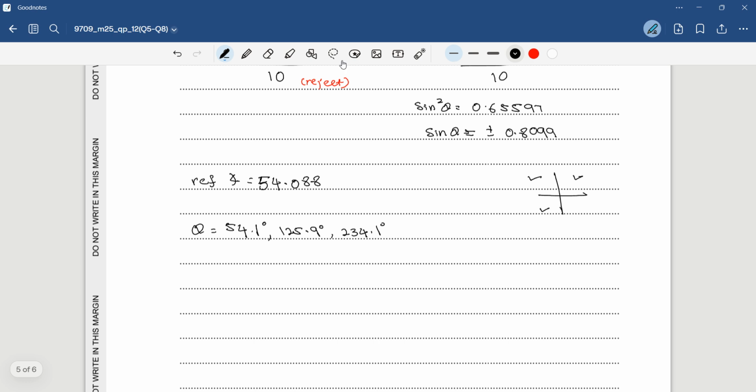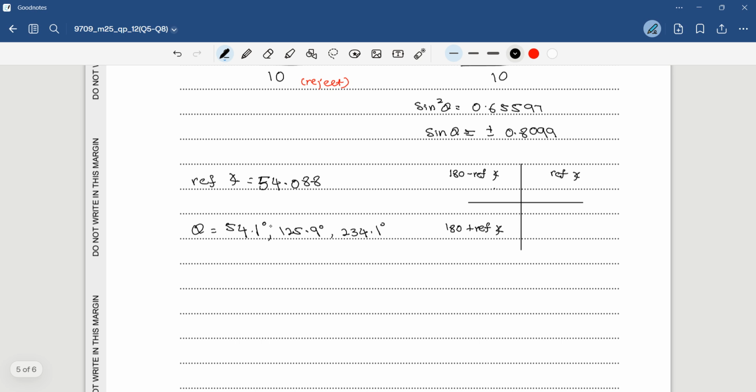So maybe I can write in detail for this. For first quadrant, it's just the reference angle. For second quadrant it will be 180 minus reference angle, and for third quadrant it will be 180 plus the reference angle. So this is my reference angle. So if first quadrant, you can directly take this answer 54.1